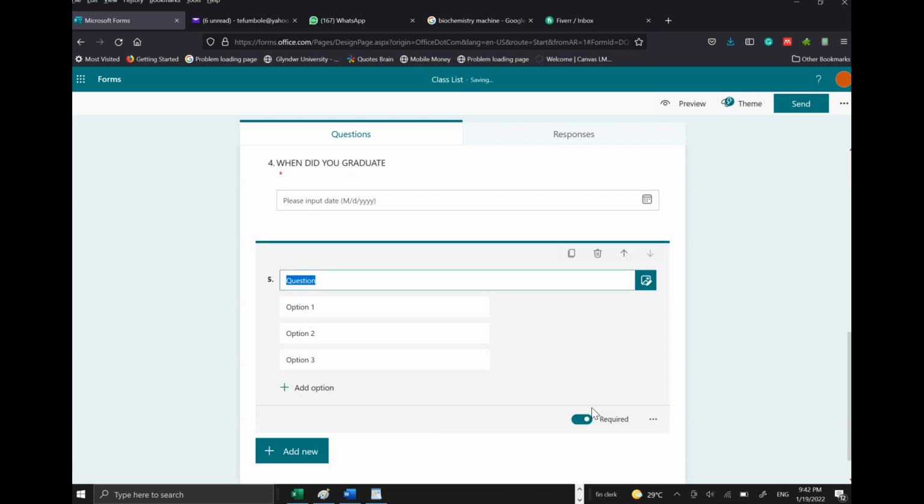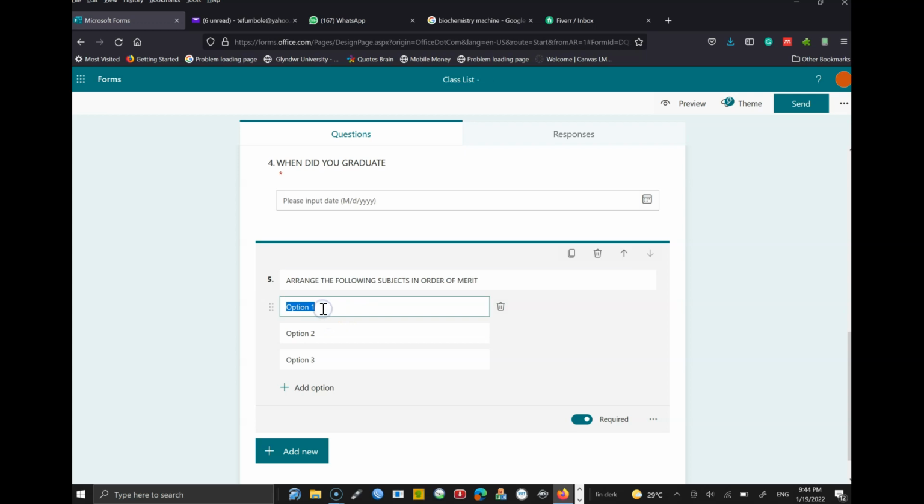Let's take ranking, the first option. In this ranking, you're going to have to do a rank. So for ranking, you can say arrange the following instructors. Let's say arrange the following subjects in order of merit, and then you have